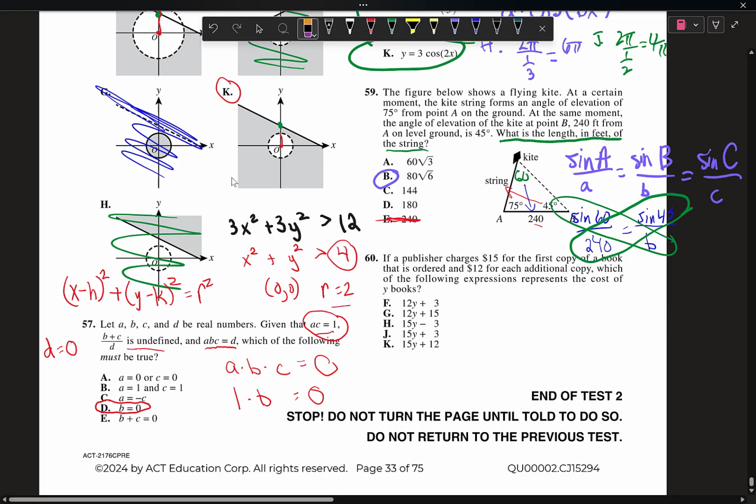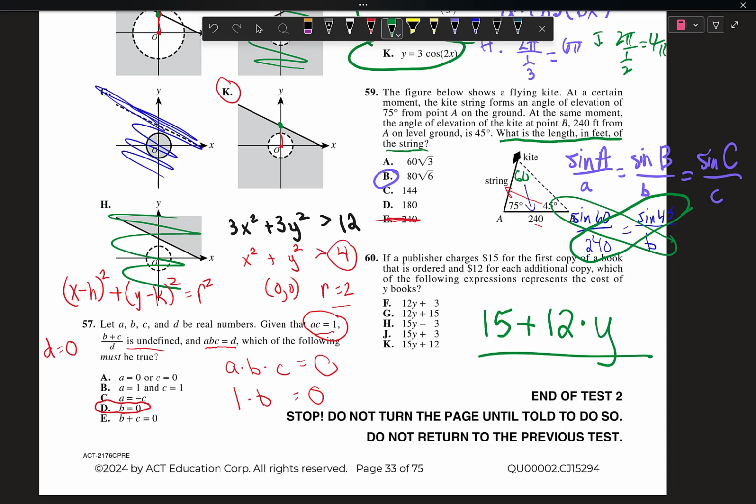All right, finally, number 60 actually ends with a fairly easy one. If a publisher charges $15 for the first copy of a book that is ordered and then $12 for each additional copy, which of the following expressions represents the cost of Y books? This isn't just an Algebra 1 question, so we've gone from pre-cal to Algebra 1, maybe by design here. They think some students won't even try this one because they're running out of time. But it's $15 for the first copy plus $12 times each additional copy, which is represented by the variable y. So 15 plus 12y. Yeah, G would be the